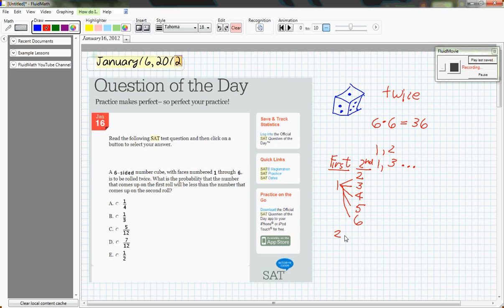I roll a 2 on the first roll. In order for the number on the second roll to be greater than the number on the first roll, I'd have to roll a 3, or a 4, or a 5, or a 6. And likewise for 3, 4, 5. And, interestingly enough, if you roll a 6 on your first roll, there is no number you can roll on your second roll that would be greater than 6. So for 3, you could roll a